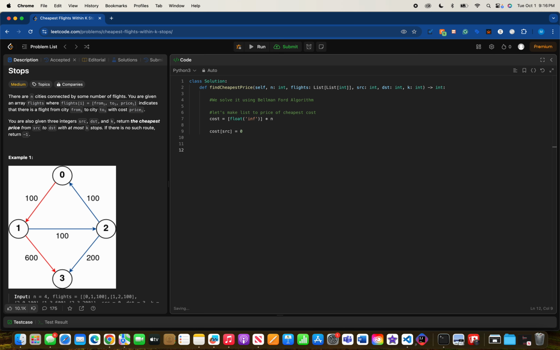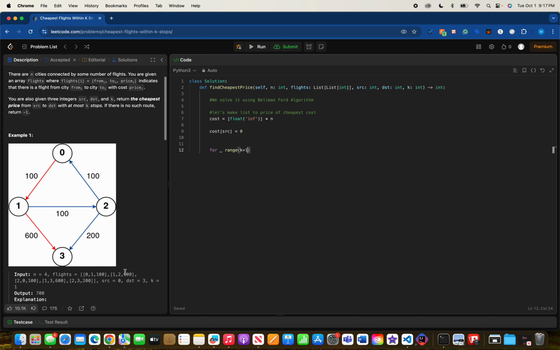So now, okay, let's make a for loop. I want to call this underscore, for node or vertex, in range of K plus 1 since we're using range. So K plus 1, and then let's make another loop. So for